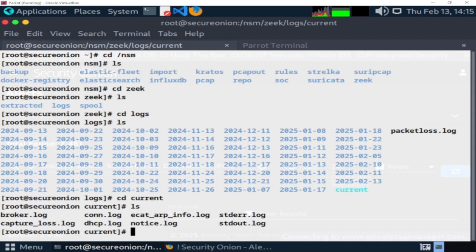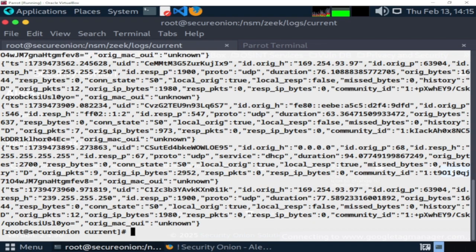Now, these are the log files. So this tells us what it has done. There are various things we can pick up from here. So we did what we call ping. So let's go with conn.log. So let's do cat conn.log. All right, so as you can see here, it gives us